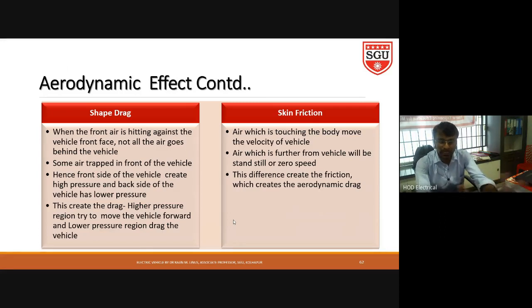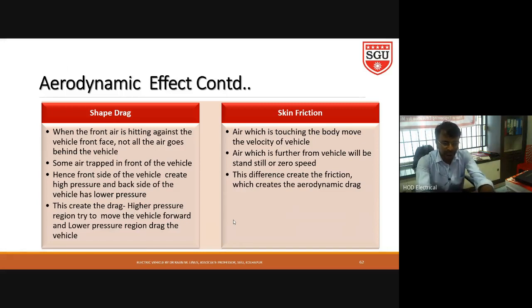Normally air flows from a higher pressure region to a lower pressure region. So due to this aerodynamic force, the car will be dragged back, since the pressure is coming from the front side to the back side. This is called shape drag.